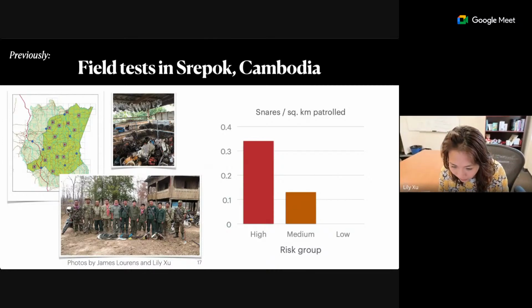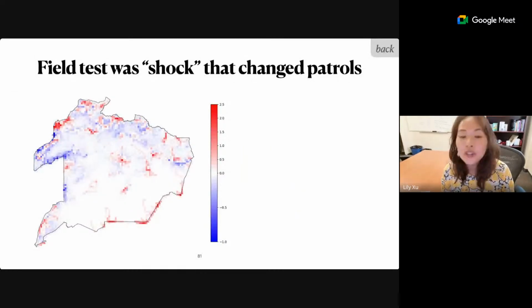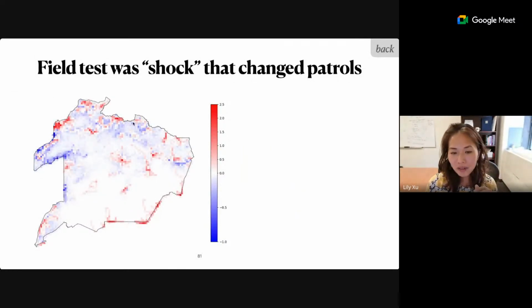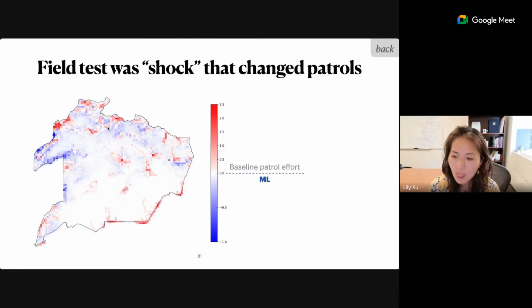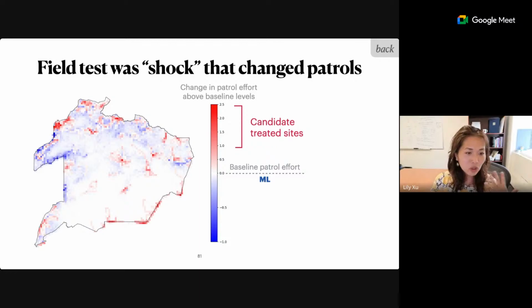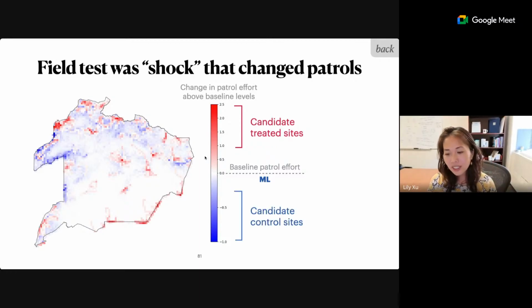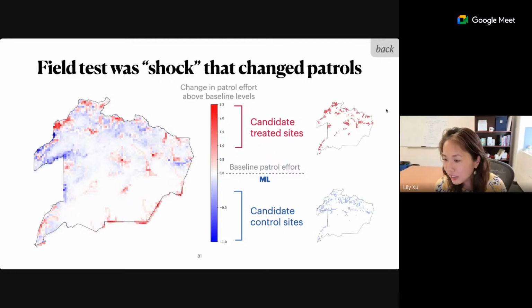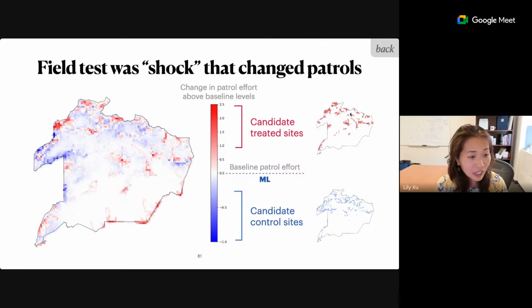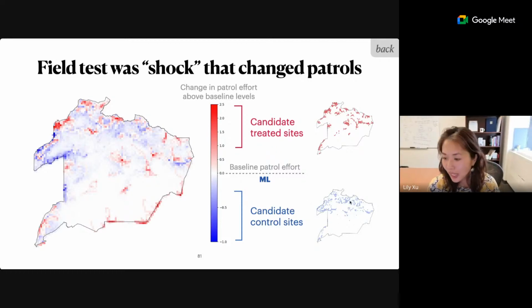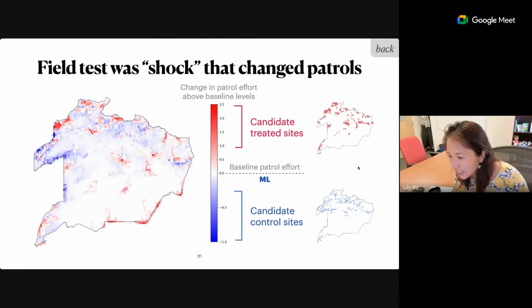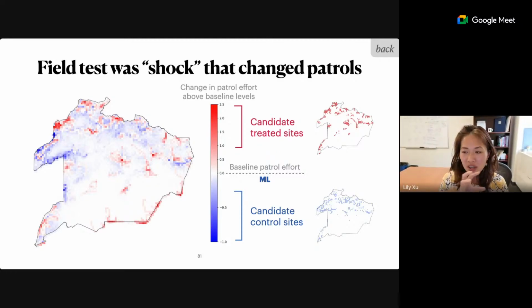Yes, I do have this map of the pseudo treatment and control sites from Murchison Falls National Park in Uganda. So everything in white are areas that are patrolled as typical. And areas in red are the areas that were patrolled more than usual during this 5-month period. And in blue are the control sites that were patrolled less than typical. So here, this map of red dots are pseudo treatment sites, and this blue map are pseudo control sites. And it's hard to tell because they're not laid on top of each other. But typically,